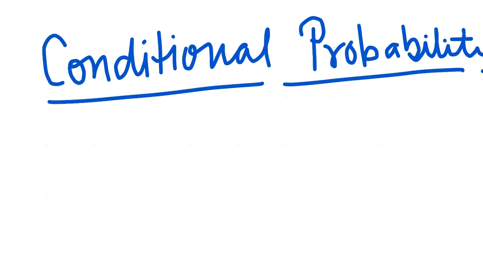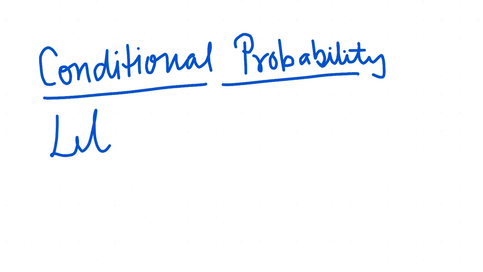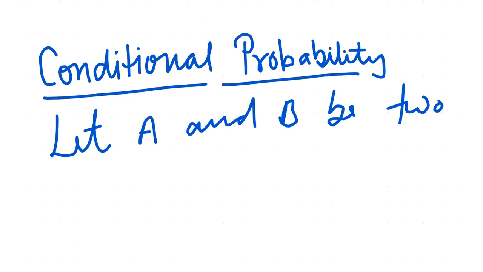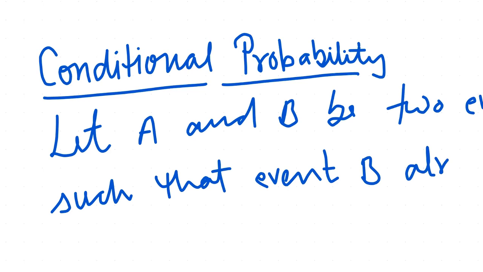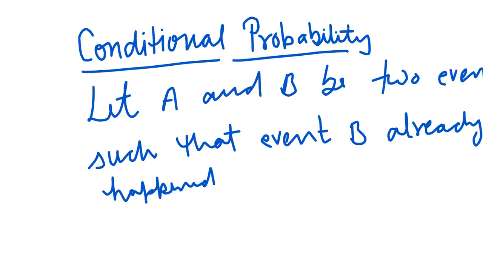So let A and B be two events such that an event B has already happened. I'll explain, okay? Then probability of